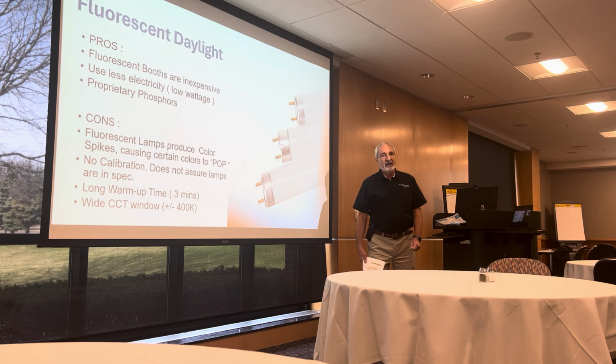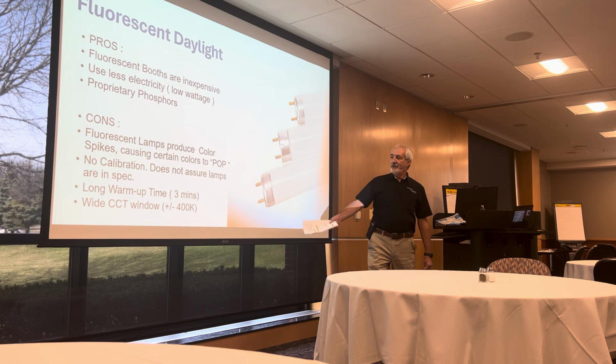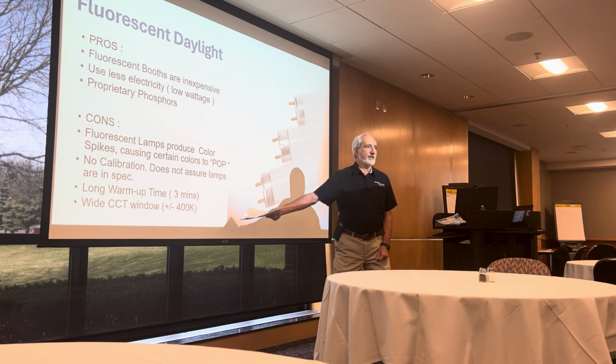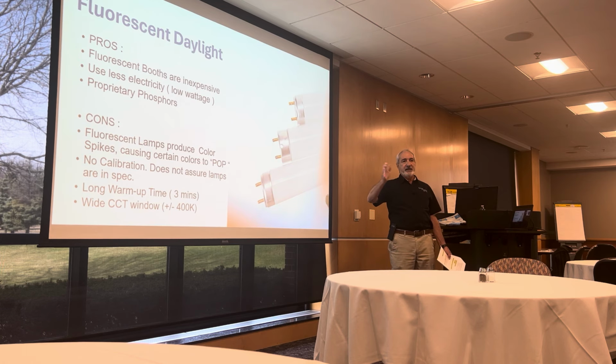There's a warm-up time, like a lot of bulbs. They require stability. I'm guessing around 3 minutes, and the color temperature range on that is 400 degrees Kelvin. That's not what all fluorescent manufacturers say; it's based on one manufacturer that I know. But it was 400 degrees Kelvin, okay? But when you're thinking of a window of 400 degrees Kelvin, if you want a bulb that's 6,500 degrees Kelvin, this goes for any of the technologies, 400 degrees means you can visually see a shift from 6,500,